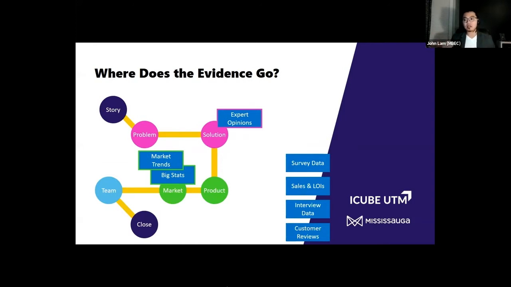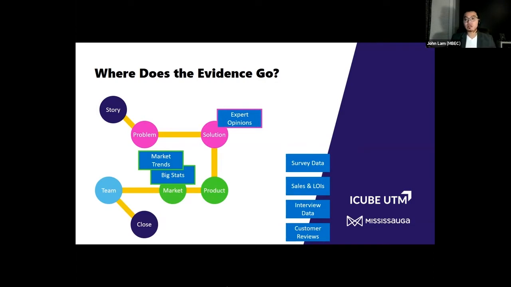These are the causes. These are the effects. Experts say that this is the way to solve it, right? So essentially, expert opinions act as perhaps an inspiration for why you have pursued the solution that you think is fitting for the problem, right? Or it acts as evidence to say that your solution actually does what it's supposed to do, that it's actually